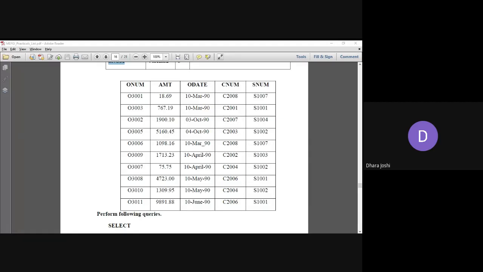Okay, I have tried for both of them. Dhwani, I am not having a problem in this too. Like order table, I'm sharing my screen so you can also see that.